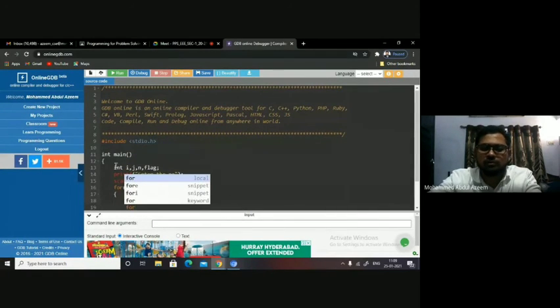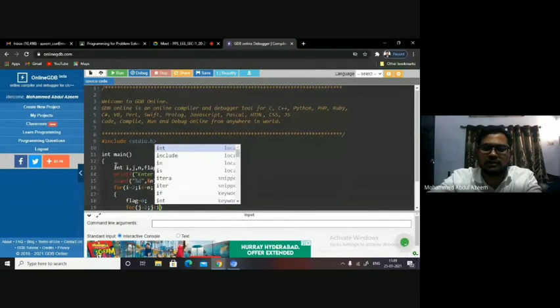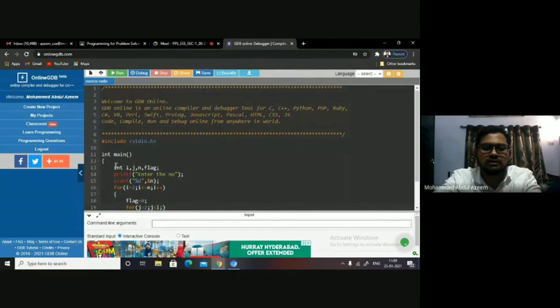Then another for loop here to check the logic for all such I with the help of another iterator j. j starts with 2 and goes up to I minus 1, so j less than I, j plus plus.